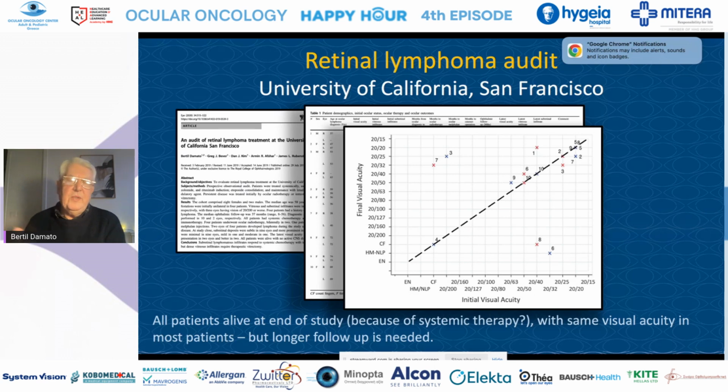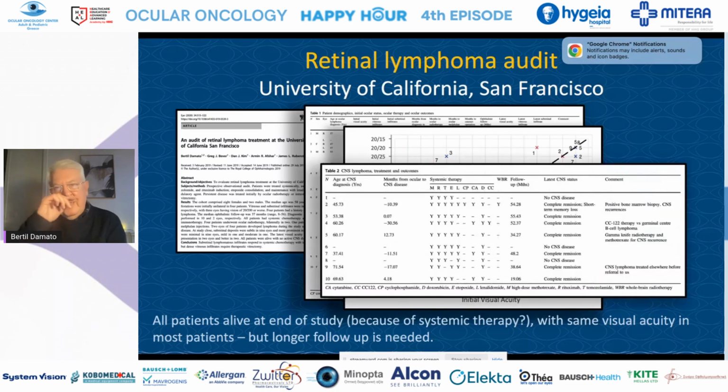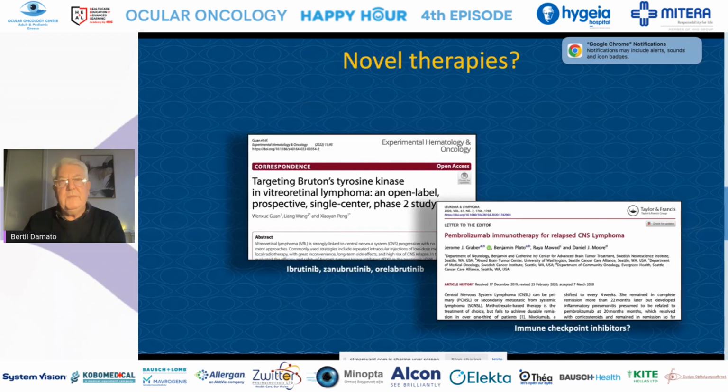In two patients, the vision got worse. One because of complications after lens extraction, the patient developed a sort of uveitis, and another because of a subfoveal scar, which I showed previously. And then for the remainder, the visual acuity was about the same as what they came with. With regards to survival, none of them had died by the time I left San Francisco after about 5 years, although one or two had relapses that needed radiotherapy and so on.